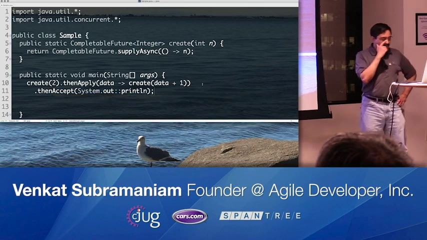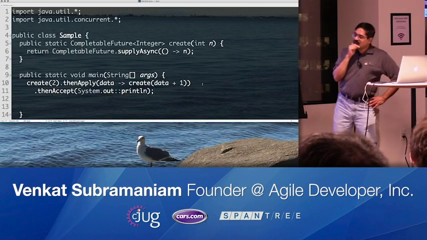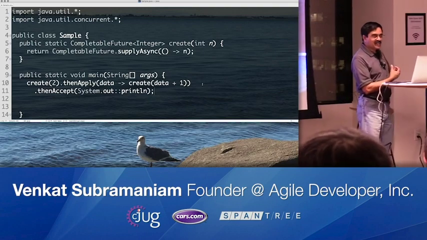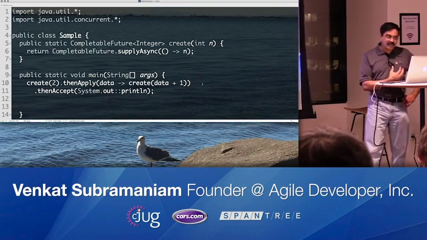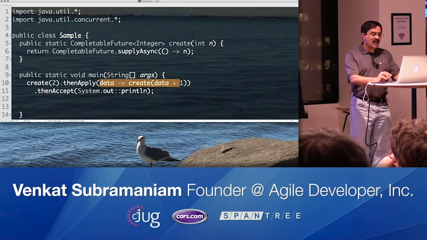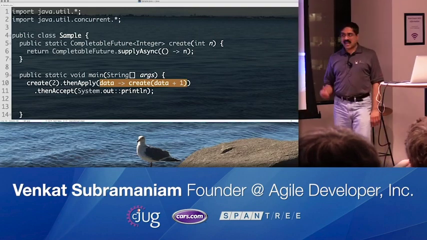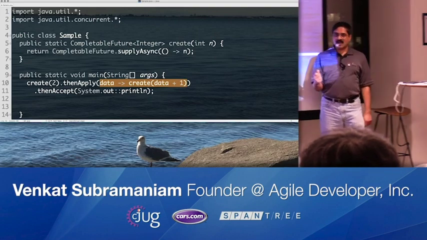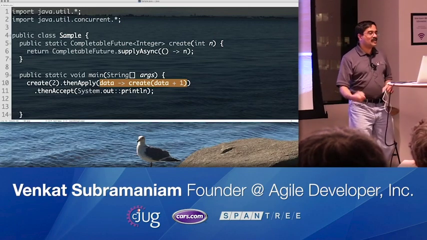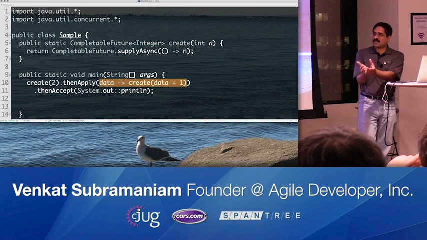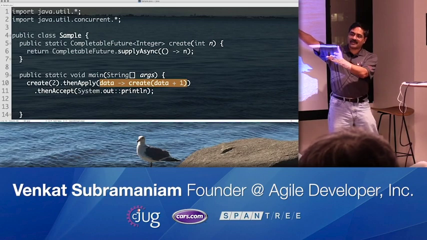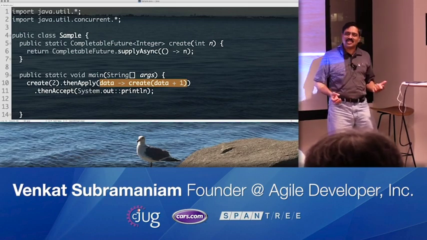That's pretty smelly. But before we go, when I looked at this, I was a little confused because in the case of JavaScript, this was not a problem. The reason it's not a problem in JavaScript is the method that you pass to then has a property in JavaScript. It can either return a data or it can return a promise. If you return a data, they wrap the data into a promise automatically for you. If you return a promise, they just pass the promise over. And I was sitting there thinking, why can't Java do this?